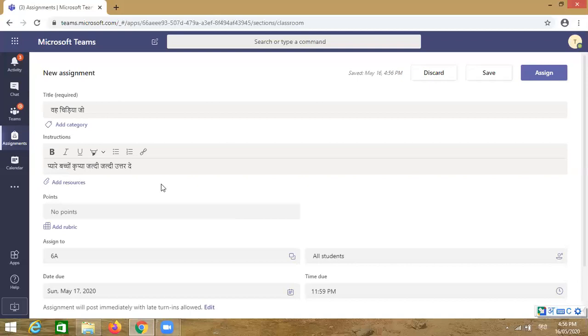Like this, we have written the instructions for the students. So now we will add the assignment. The teacher has already written the assignment, and we will upload that.